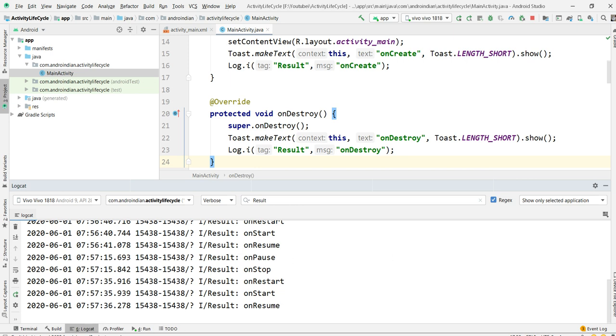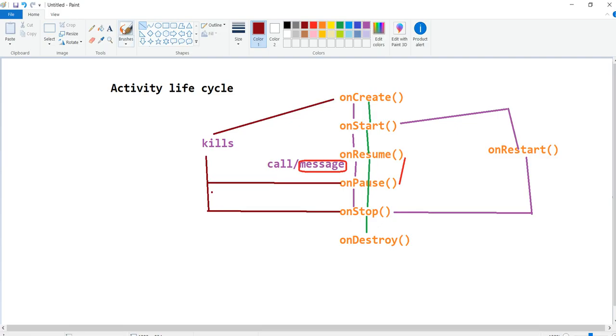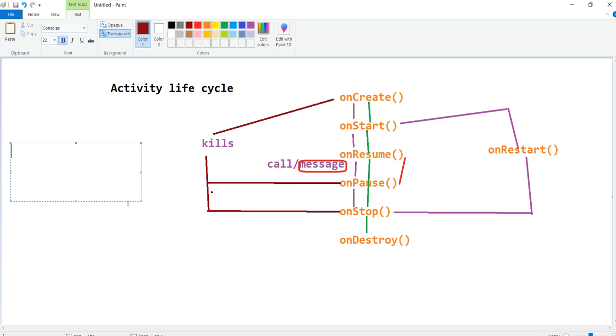There are a few more things in this. There are three levels in the activity life cycle. First level is the complete life cycle. Second one is visible. Third one is visible and interaction.